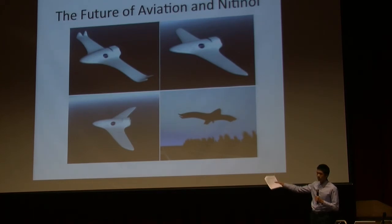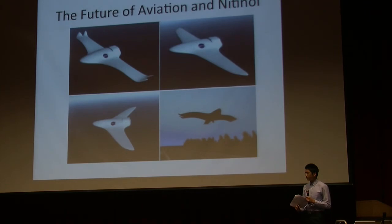So you'll see a higher speed configuration in the bottom left, or slower speed on the right. This is, by the way, an animation by NASA. This kind of design can pretty much only be achieved through shape memory alloys right now, and it gives aircraft designers a whole new level of flexibility in terms of design, not just in terms of wing morphing or wing warping, but also in terms of changing the entire shape of the aircraft. And the future of nitinol is not just restricted to the wing warping, and it's